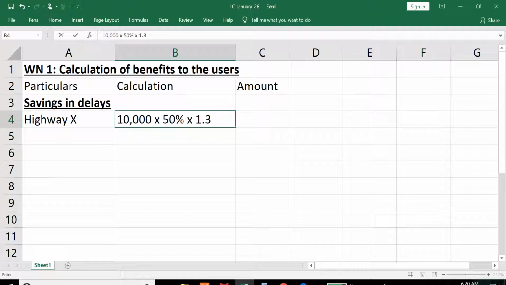This is the amount of delay in a single day. 5,000 vehicles into 1.3 minutes, which is 6,500 minutes wasted. Broadly 110 hours is wasted in a single day. That is 10,000 vehicles into 50% into 1.3. Now listen,